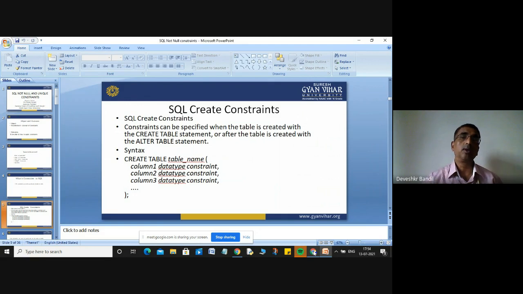When you create the table through the create table command, you write the syntax: create table, table name, and also specify all the column names with data type and size. This is the syntax of the table. If you want to apply a constraint, it will apply when the table is already created with the create table statement, or after the table is created with the alter table statement. When you create a table, you write create table, table name, and as I told,